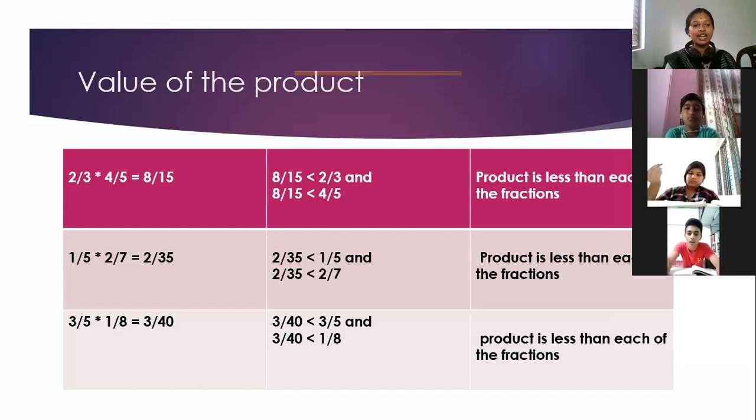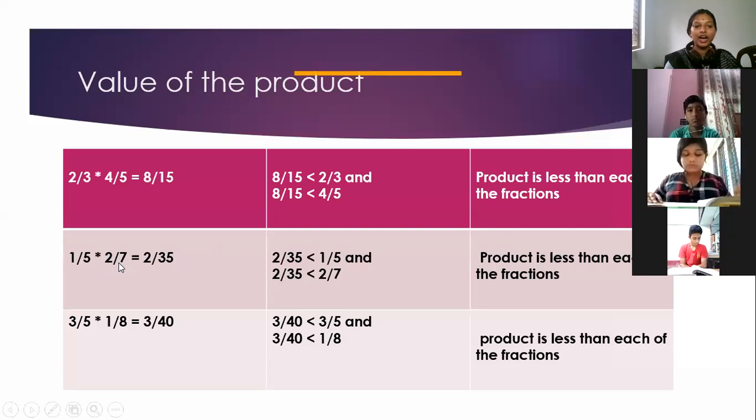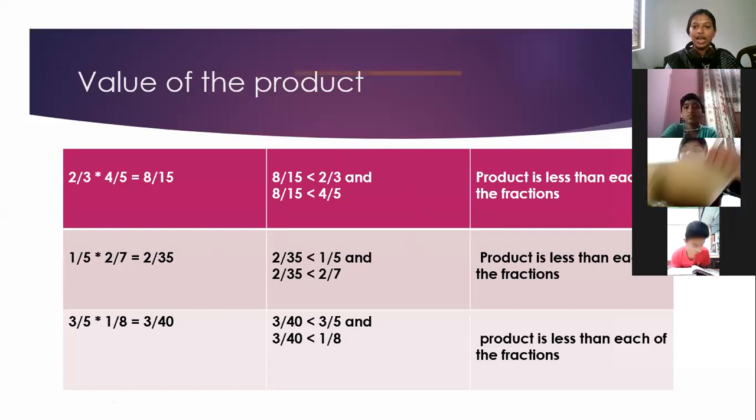For that, there are other fractions given in your textbook in the next row, that is the second row. We have to find the product of 1 by 5 into 2 by 7. I have already completed your table, and there is one more row remaining for you to complete. I have just completed two rows, that is 1 by 5 into 2 by 7. What is the product of 1 by 5 into 2 by 7? Numerator is 1 and 2, so the numerator becomes 1 into 2, 2. And the denominator becomes 5 into 7, 35. Is it?